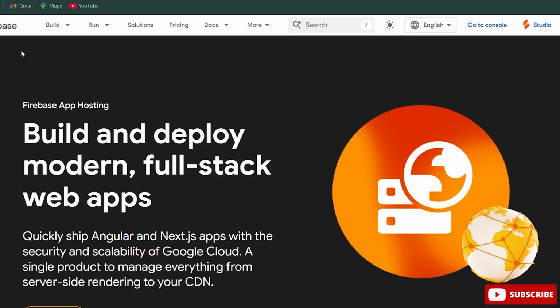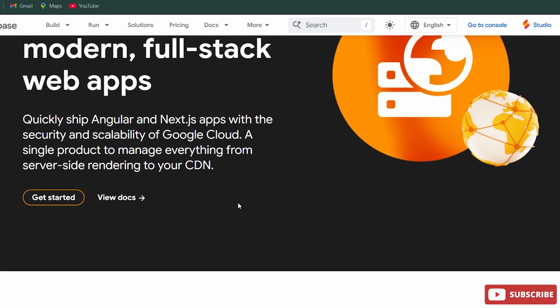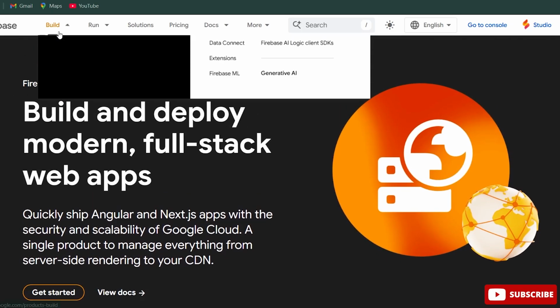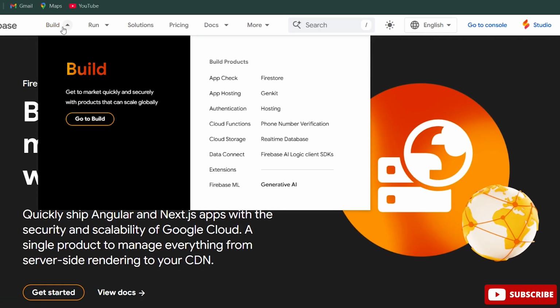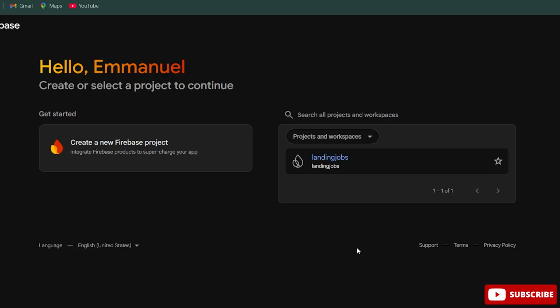So we are going to go to Firebase and sign in for a free account, and we are going to go to the build. All right, you go to build and you go to Firebase app hosting and you get started. So Firebase, we are going to use a free domain. Actually, you are going to get a free domain to use free of charge, websites for free, and this is